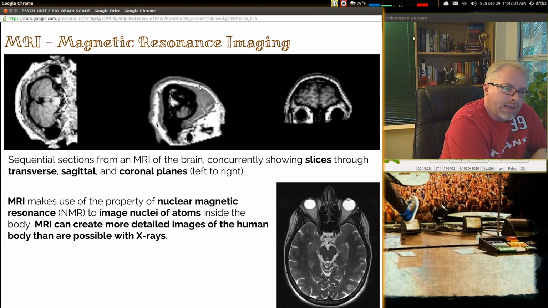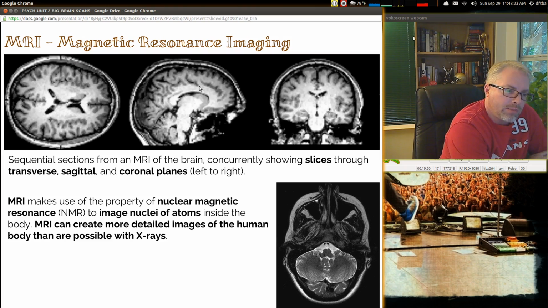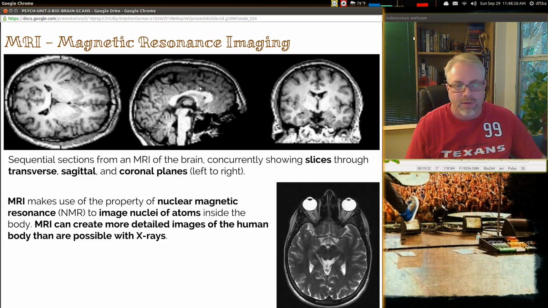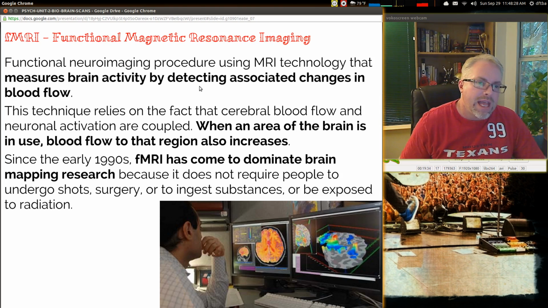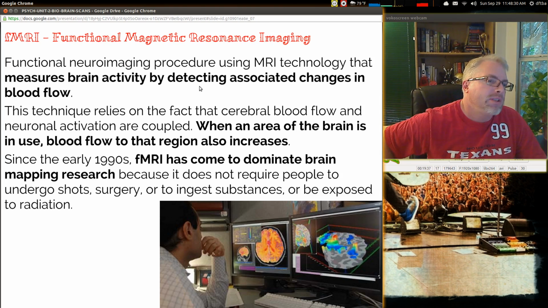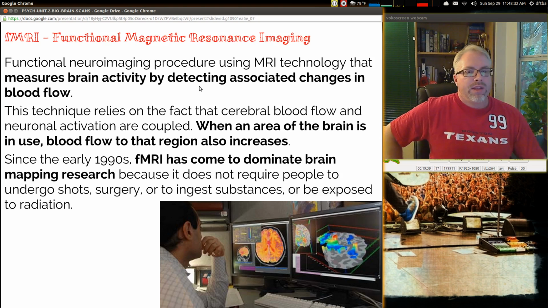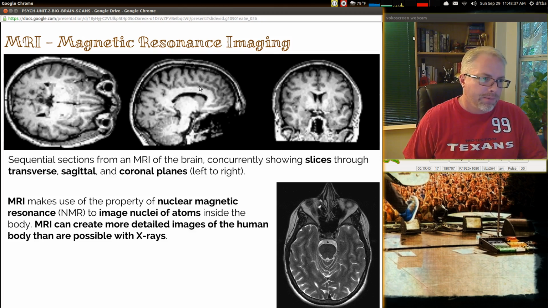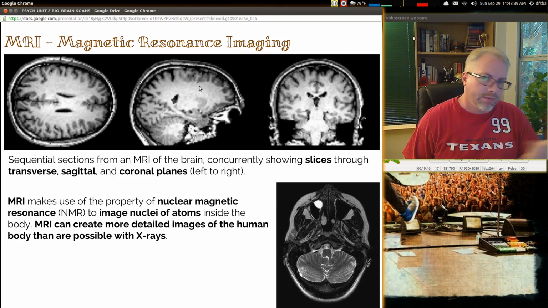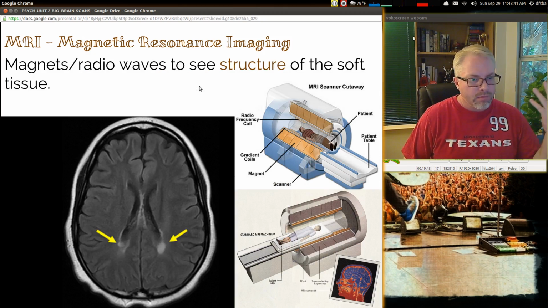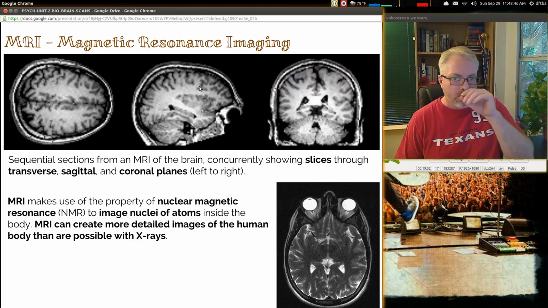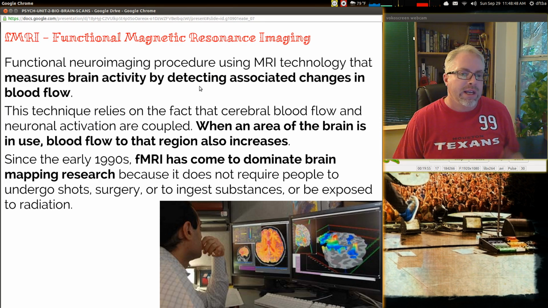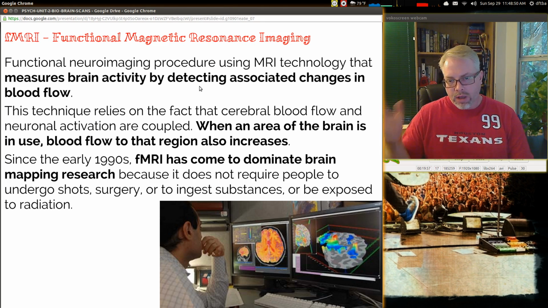But MRI can create more detailed images of the human body than are possible with X-rays, and there are some different methods of MRIs. This is the fMRI, the functional neuroimaging procedure, and you see it's in red, isn't it? If we back up here, the thing at the top, it was in brown, because what are we doing here? You're looking at the structure of soft tissue with an MRI. Are you really seeing much functioning at that time? Not really. You're sitting in a tube with an MRI and they're just taking a snapshot of what your brain